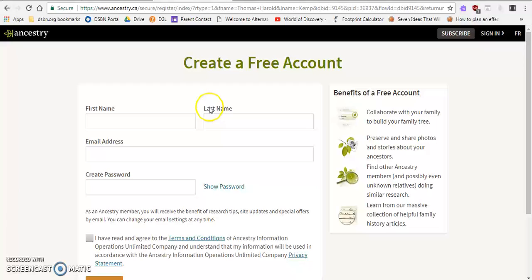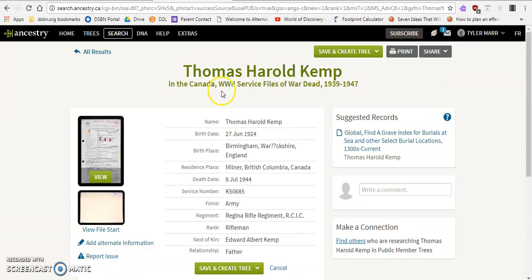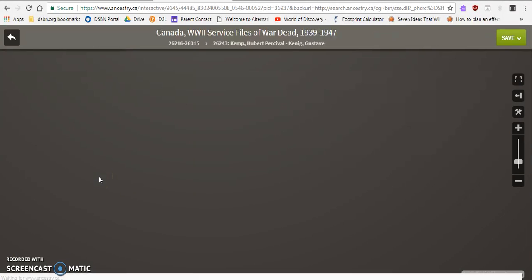It will then prompt you to create a free account. This is a good idea as it will allow us to get more information, and so just complete this. It is free and you will be able to access their files. Once you have logged in to your free account, you will be directed to the site. It again gives you a little bit more information, the background of Thomas Kemp, or your soldier, his rank, where he was born, where he lived, when he died, and you'll notice over here there's an area that says View. We want to click on this button to see all of the service files that have been scanned